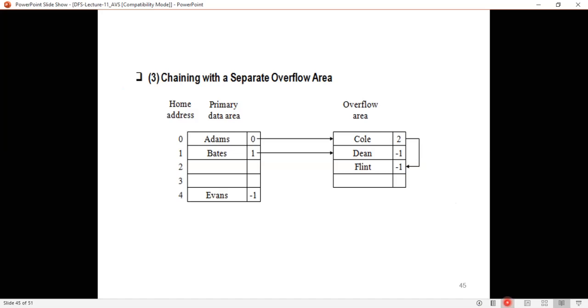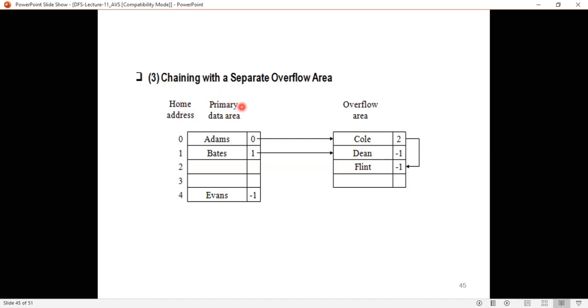Next is chaining with a separate overflow area. In this case, you have two sets of addresses.